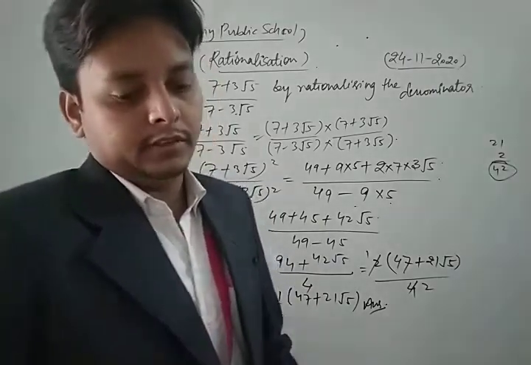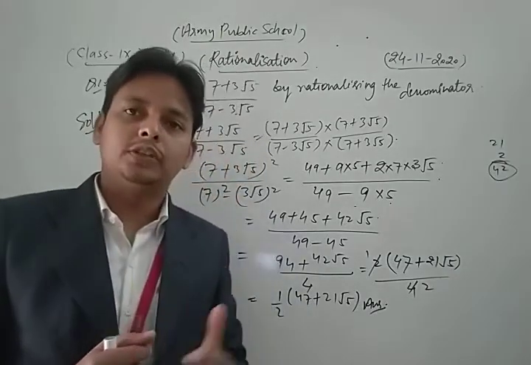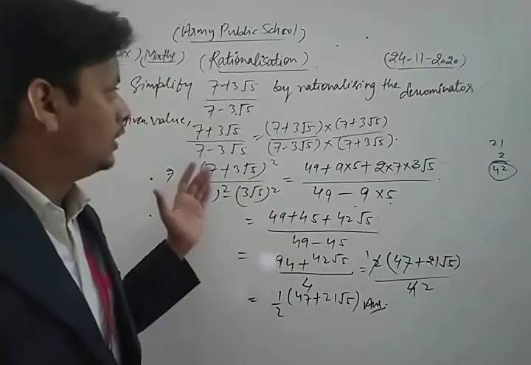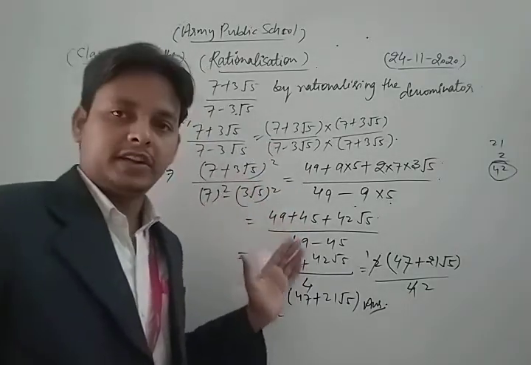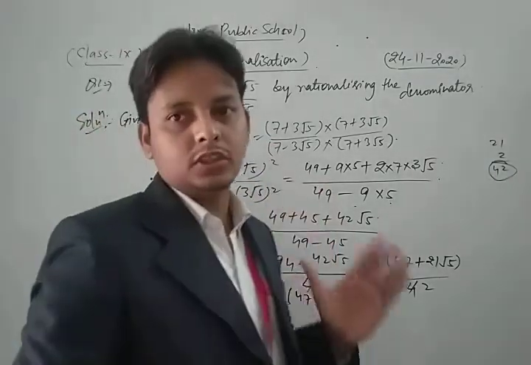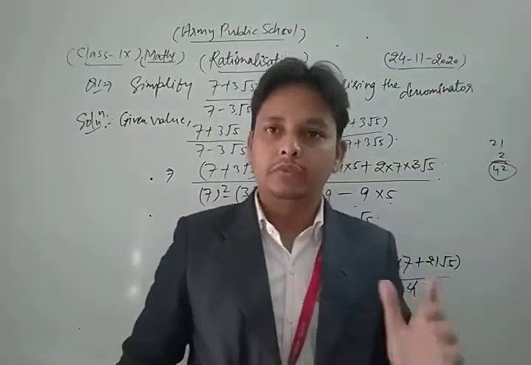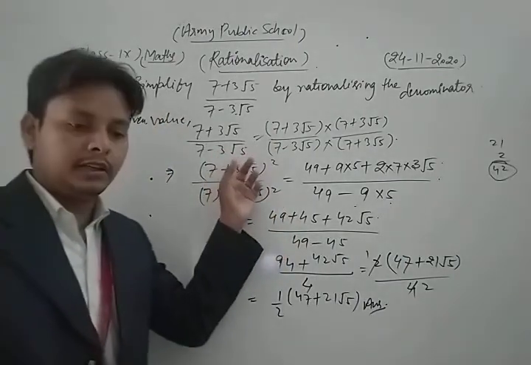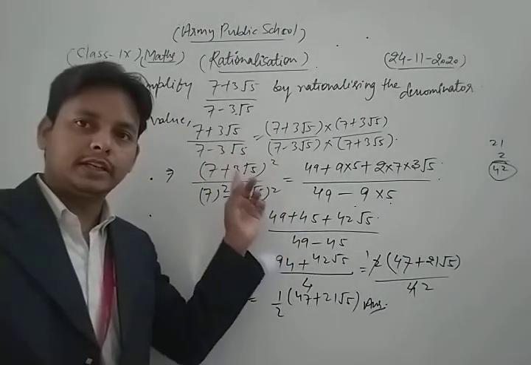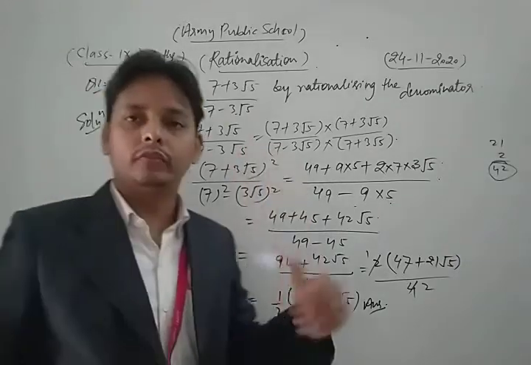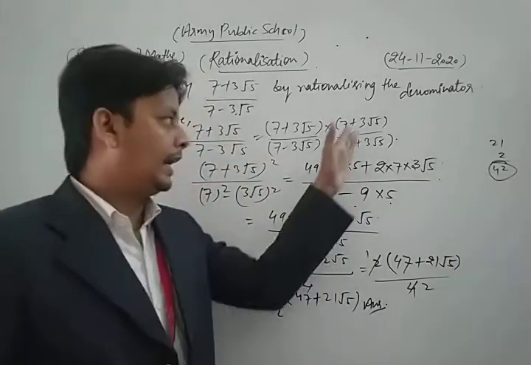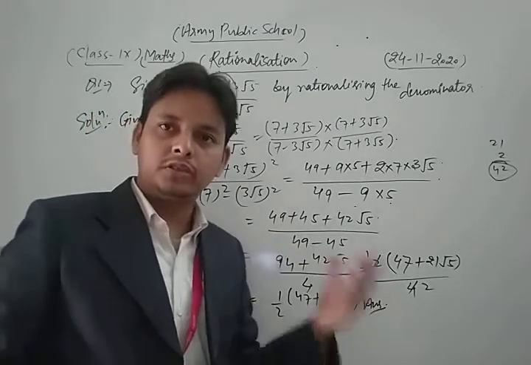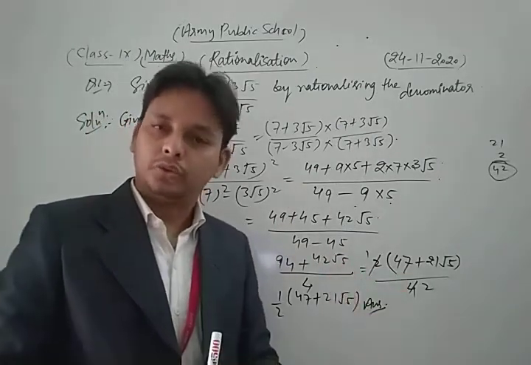Thus in this way, dear students, we can solve each and every question of your NCERT exercise based on the topic of rationalizing the denominator of any given value. So this is the process to solve that type of question. First you write the given question. After that you must multiply both the numerator and denominator by the conjugate of the given expression, and after simplifying them you get your result.